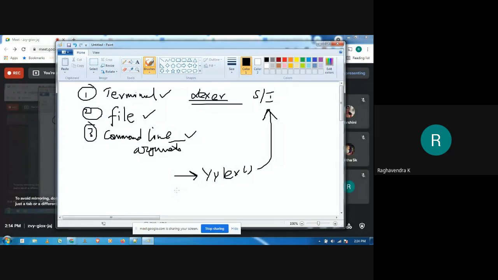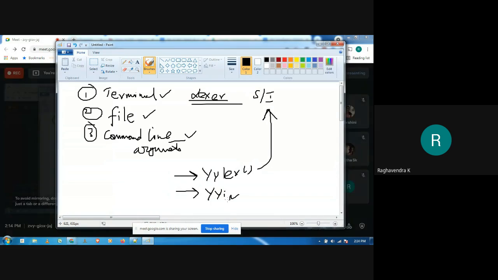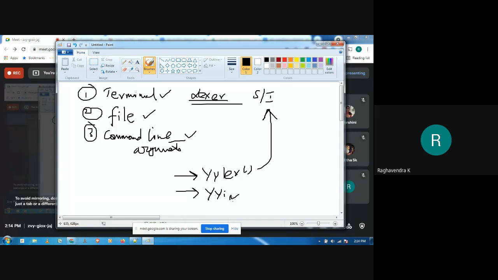Now to change the way in which the lexer is going to take the input, we need to modify one of the variables associated with that, which is called yyin. This yyin is a file pointer, by the way, the input to the lexer. So you need to modify this variable and associate it with the file which you want to give as an input. You have to open that particular file and pass that file pointer to yyin.